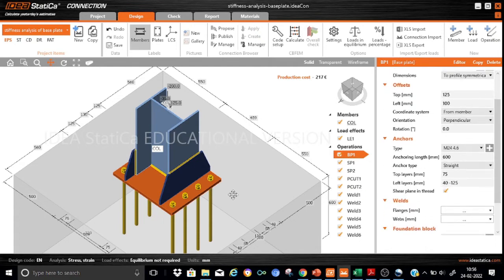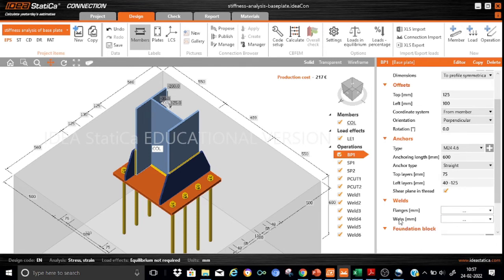The rows of the bolts, as you can see, there are two bolt rows, one each corresponding to the bottom flanges as well as the top flange. So they are kept at 75 mm from the rolled steel section profile, and the distance between these bolts is being kept at 125 mm. Now coming to the welds, here what is done is that no connection is envisaged to the flanges,